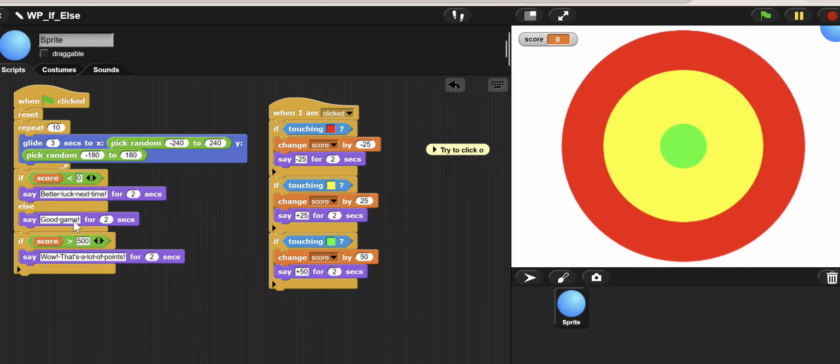My program also uses if statements when the sprite is clicked. These ifs, right here, check which color area the ball is touching. If the ball is touching the red area, the score changes by negative 25. If it is touching the yellow area, the score changes by positive 25. And if it's touching the green center, the score changes by positive 50. The sprite also says the amount of points gained or lost for 2 seconds so the player can see what